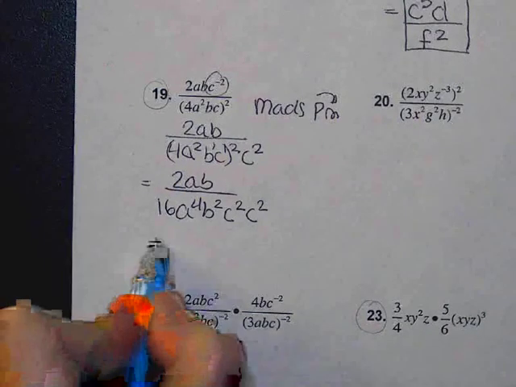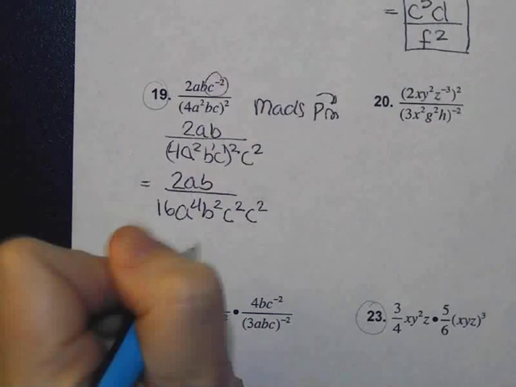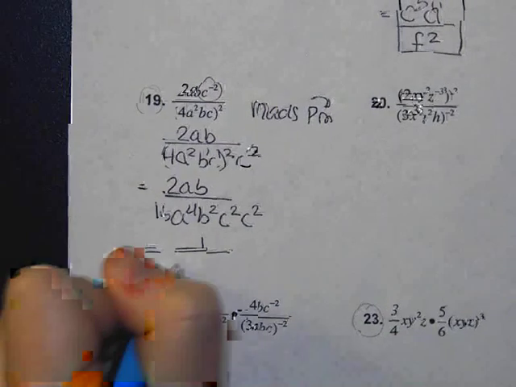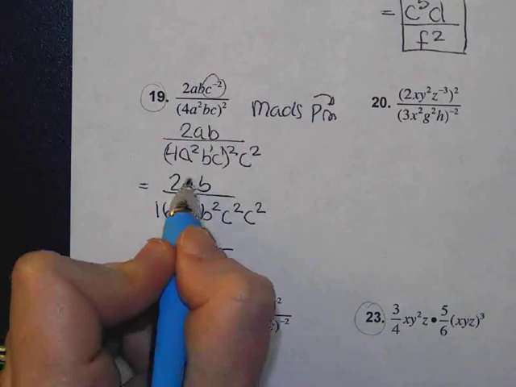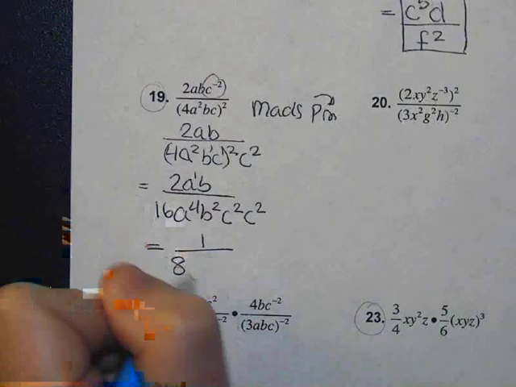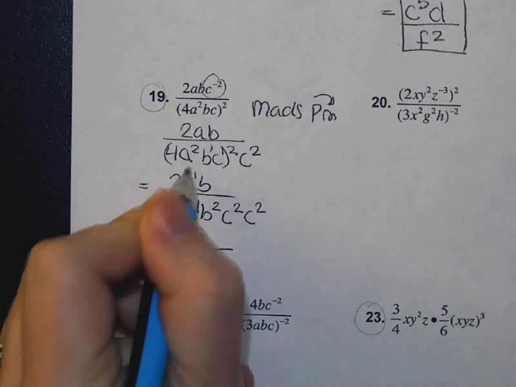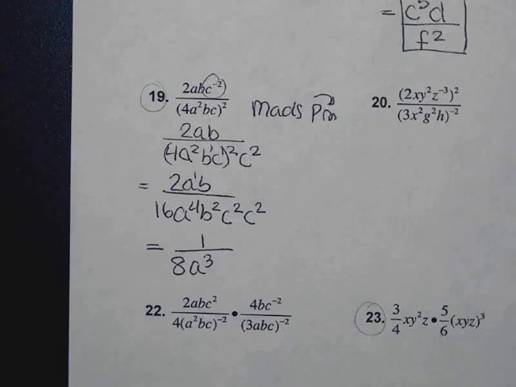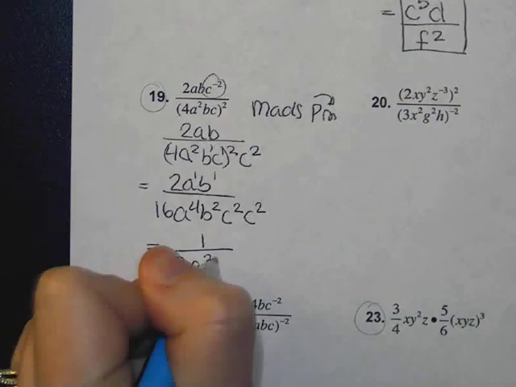The last step is going to be reduce your numbers and combine like terms. So we have 2 over 16 can be reduced to 1 over 8. We have 1a on top, 4a on bottom, so I'm going to subtract those. I have 4 minus 1 is 3 more a's on bottom. We have b squared on bottom and b to the first on top, which means I have 1 more b